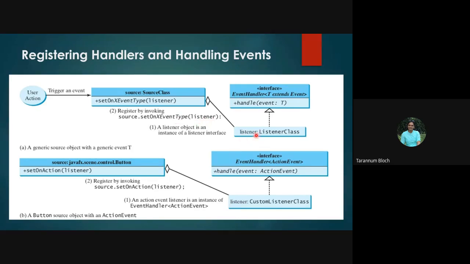What is a listener? A listener is basically a class object, and this is the child class of the EventHandler interface. The EventHandler interface is the Java API class which is available in the Java packages and library. There is a method called handle, which is handling the event. You see here, this is a generic method, right? So we can have all the event handlers over here. This is a generic source object for a generic event E, right?